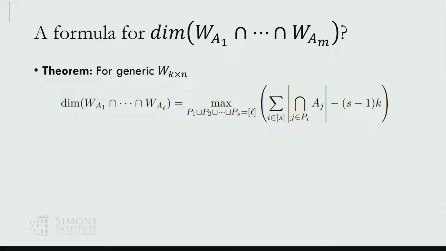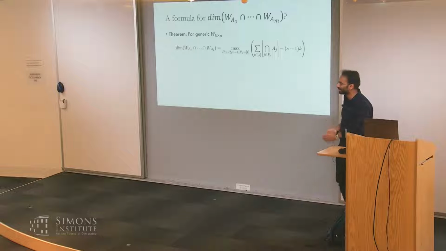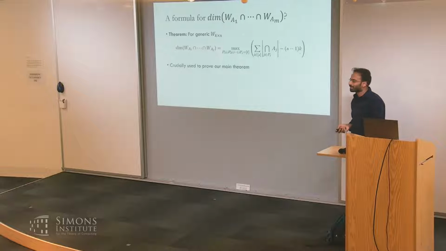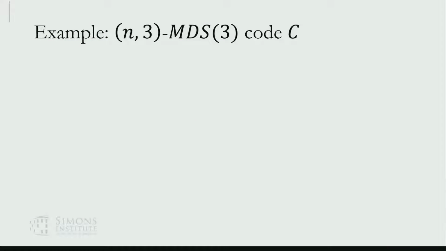That's not on Stack Exchange. This is not on Stack Exchange, but we should put it there. But this only works for a generic W. And this is what we use crucially to prove our main theorem, and we'll see how this plays a role. Let's get a feel for these higher order MDS codes, and let's try to look at a concrete example,